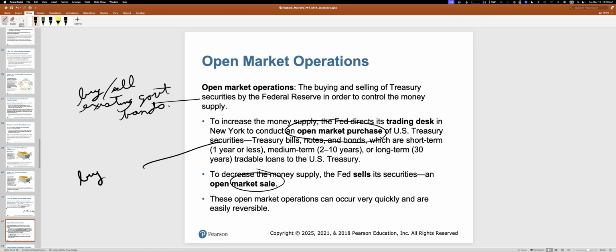Now, if the Federal Reserve approached me and said, "Hey, Scheiding, do you want to sell that bond to me? I want to buy it from you." I'd be like, "Okay." And I give them the bond, and they give me, let's say, $10,000 for it. Well, that $10,000 is fictitious money that they created to pay me, right? And so that money came into existence.